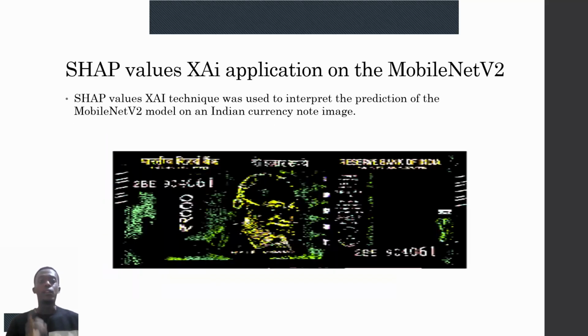And then we also went for the SHAP values, before I forget, for the MobileNet V3. As I said earlier, it helps us to interpret the model itself in terms of the currency note, the input one, and then also know how the model predicted. So you see it actually missed out on most of the currency note features that were colored in green, and then focused on those that were in red and yellow. So it focused on Mahatma Gandhi's head, then the Reserve Bank of India, and some of the key security features were missed out, as you could see there in green. This coloring, you could see there are also white and blue. The security thread